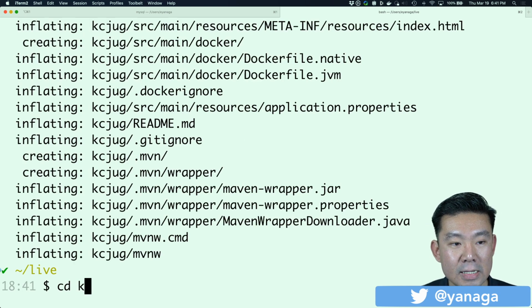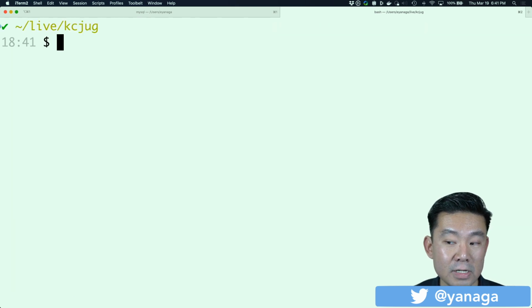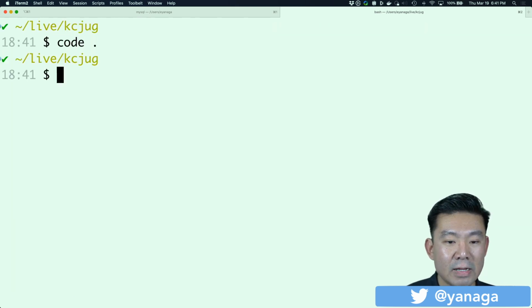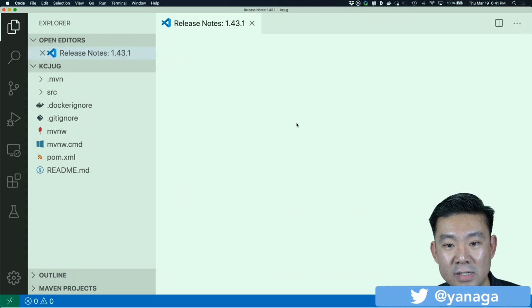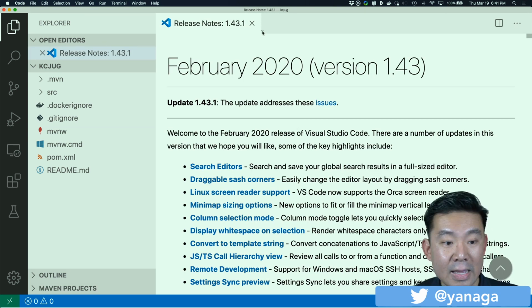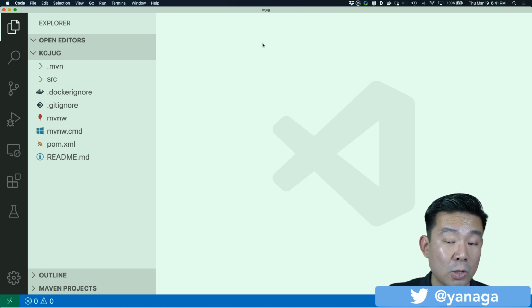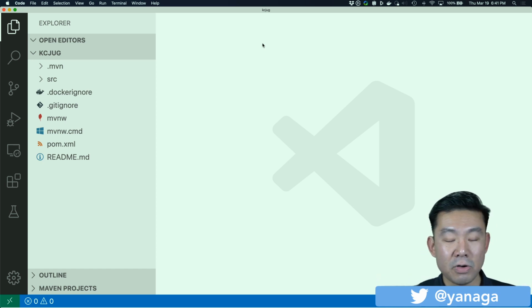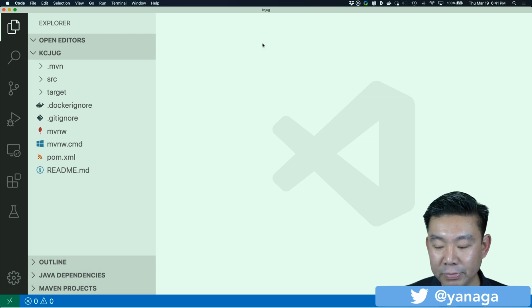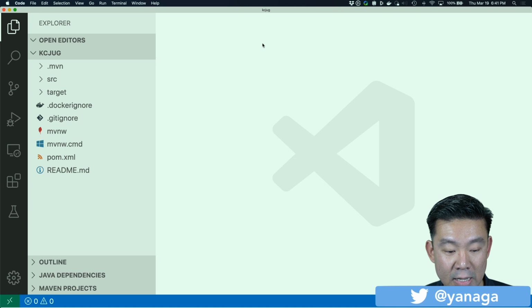Now I'm going to open my new favorite IDE, which is Visual Studio Code. It's very lightweight, because being lightweight these days is super nice. And I've added the Java plugin, which is developed by Red Hat, and the Quarkus plugin to my IDE. So you have a lot of goodies for you to be more productive using Java, using Visual Studio Code. So that's the stuff that I'm using right now.